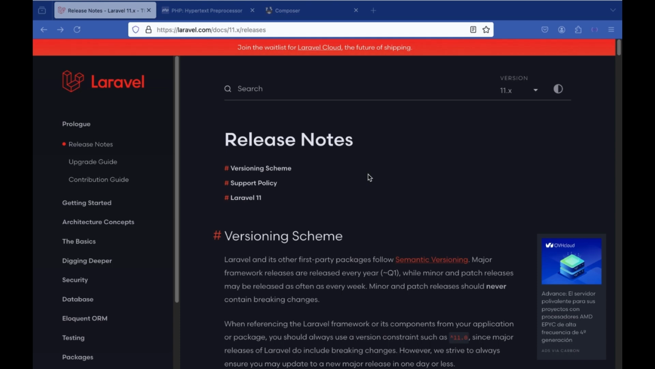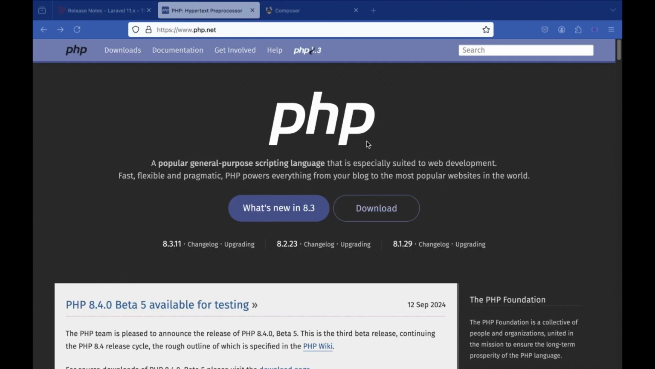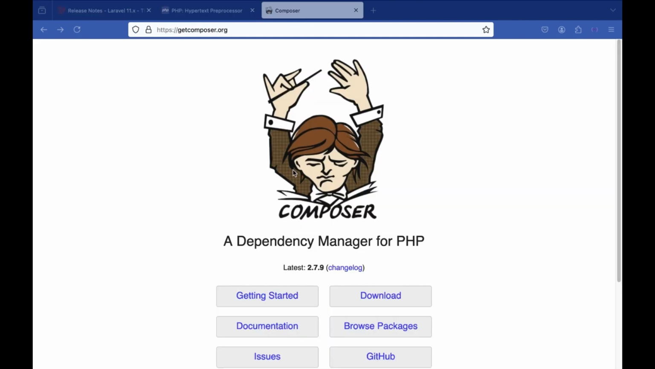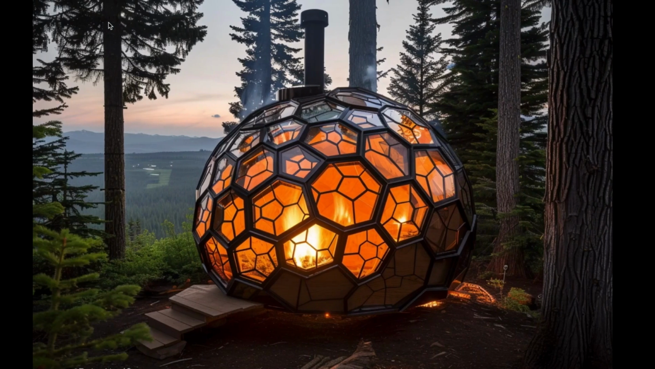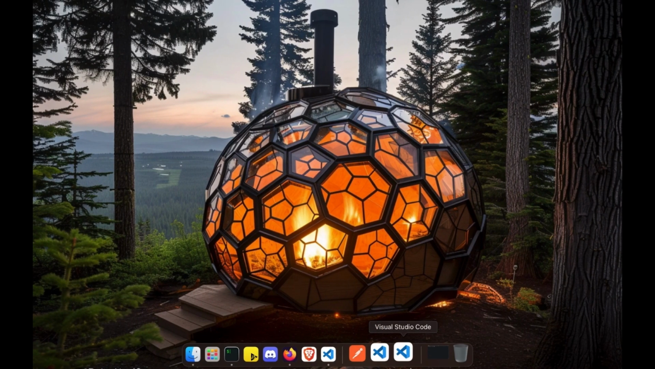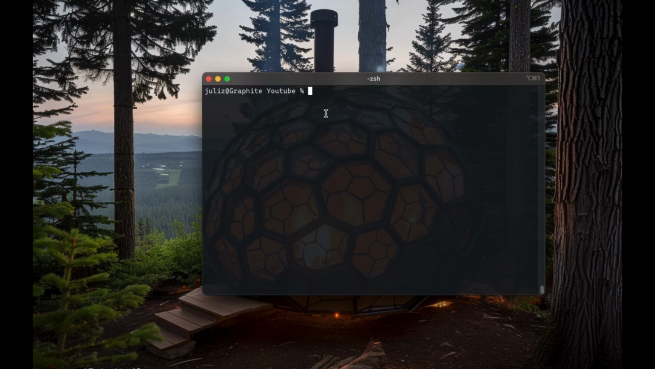Hello guys, today we're going to build a RESTful API using Laravel version 11. Before getting started, make sure you have PHP and Composer installed in your local machine. So after that, let's go to our new terminal and create our project with the following command of Composer